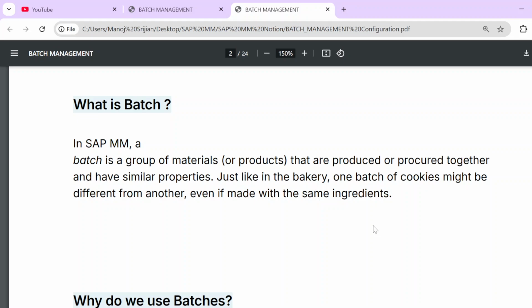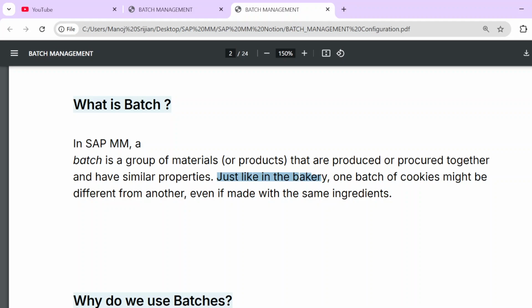First of all, let me clear what a batch is in very simple terms. In SAP MM, a batch is a group of materials or products that are produced or procured together. It can be produced, or it can also be procured from an external vendor, and has similar properties. Just take the example of a bakery.